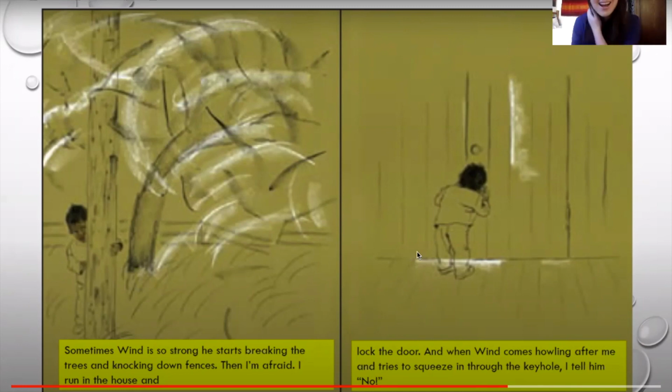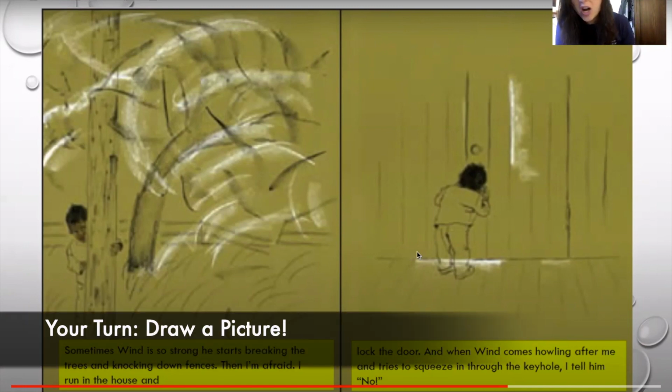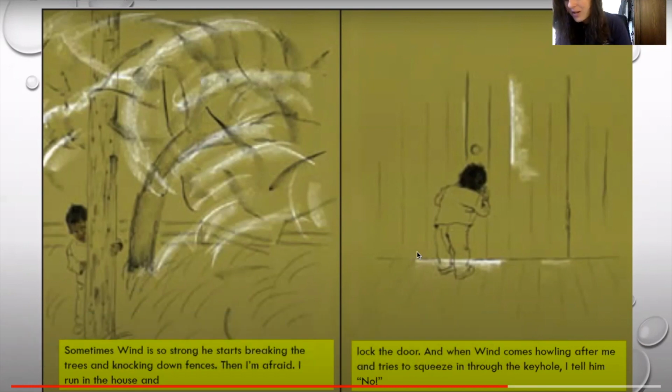Okay, as always, now I've got a job for you. For your assignment today, I want you to draw a picture using labels about a time when you noticed the wind outside. What was it doing? Label your picture to make sure you show me what the wind was doing and how that made you feel. Then send that picture to your teacher. I cannot wait to see what you draw and see all of your excellent labels.